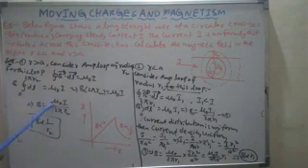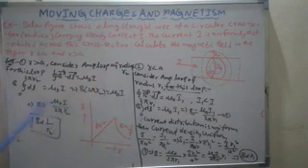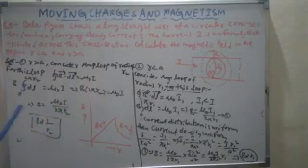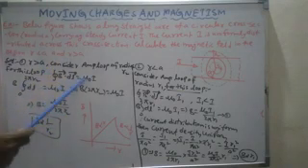Okay, then B is equal to what? Mu naught I by 2 pi r2. So you bring this 2 pi r2 to this side, and you get B is equal to mu naught I by 2 pi r2. Then B is inversely proportional to r2. Very simple. So from Ampere's circuital law, the closed line integral of B dot dl is equal to mu naught I.